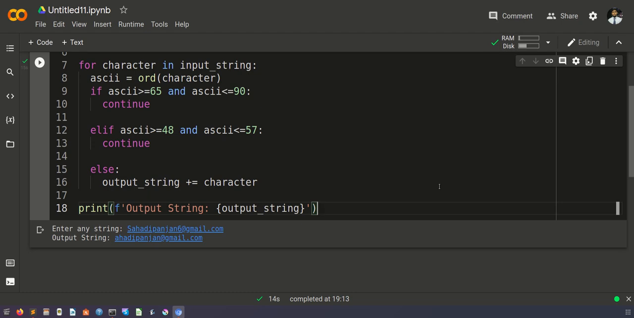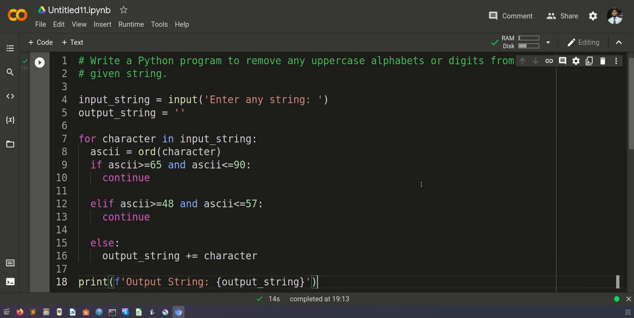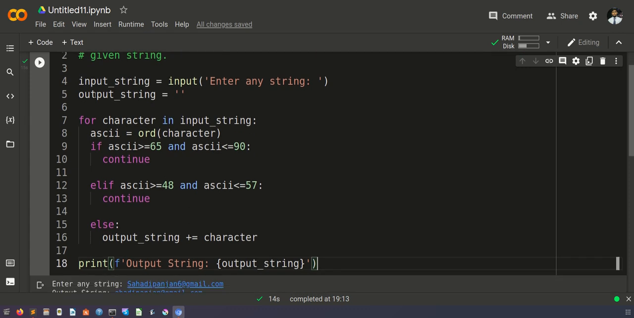Okay. So hence this was a very simple approach where we can remove any uppercase alphabets or digits from an input string with the help of a for loop and one empty output string. Okay, I hope that you have understood this type of programs and its solutions. Now I will be showing you another approach which is very much easier and simpler than this one, but for that we need to